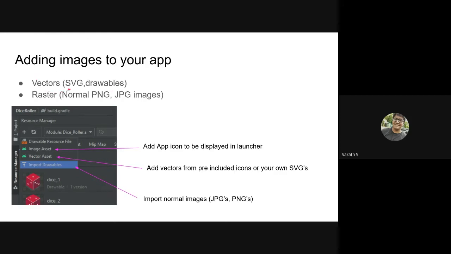So what vectors are basically, they are basically graphs in a sense. So you just give it coordinates, and the system builds the image for you. So what's the advantage of this is, you are just storing the coordinates, right? It takes very less space, and the main advantage is it can be built to any size. So if you are making a very big image, let's say, you could just give it a vector. It would be only 1 KB size, but it will not be pixelated when you are making it very big. So yeah, there are two types of resources like that.